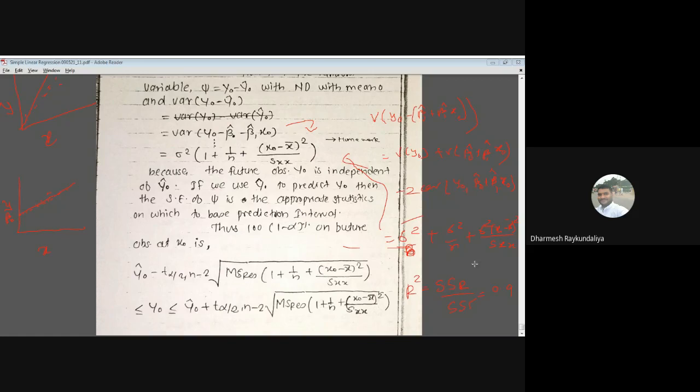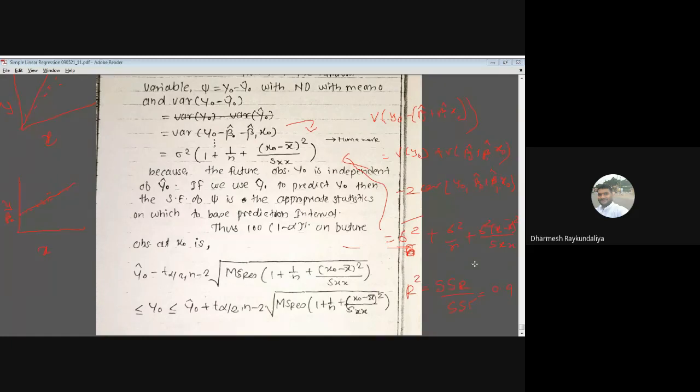And sometimes, if there are outliers or influential points in our data, how do we detect those influential points and outliers? Outlier detection can be made based on the scaling of residuals. An influential point can be decided based on the plot of Cook's distance versus leverage. And what is a leverage point? A leverage point is a point in the x space which is far away from the centroid of the x.